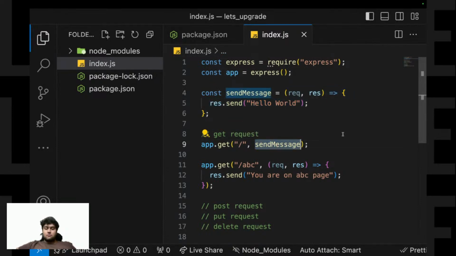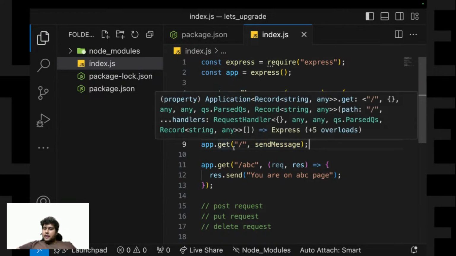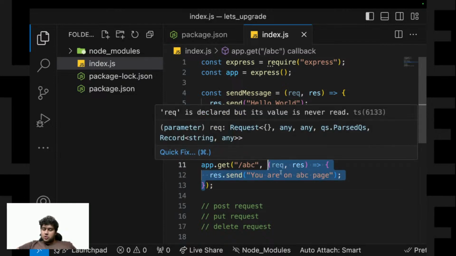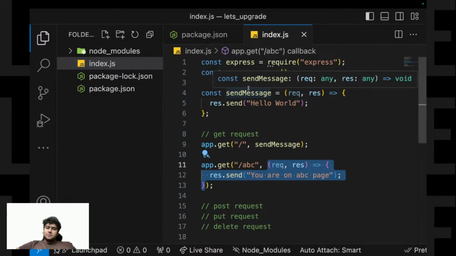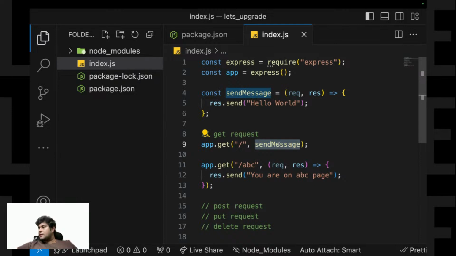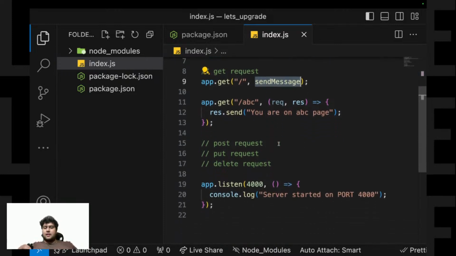If I tell you in brief what is happening, I am calling app.get. The first parameter is the URL at which I am making the request, and the second parameter is the function which I want to execute. Either I can execute this function right here like I did, or I assign this function to a variable and then use that variable as the second parameter. This is what I have done till this point.